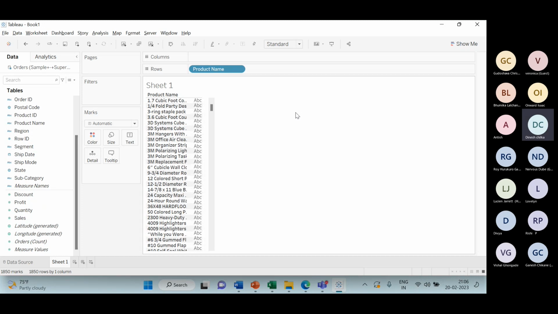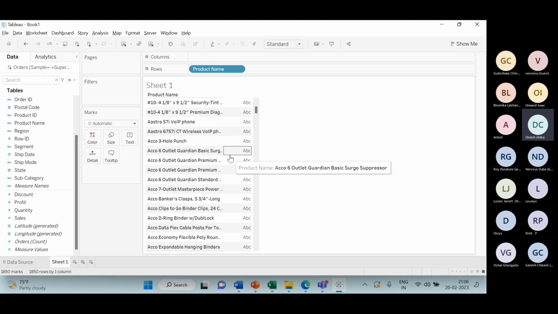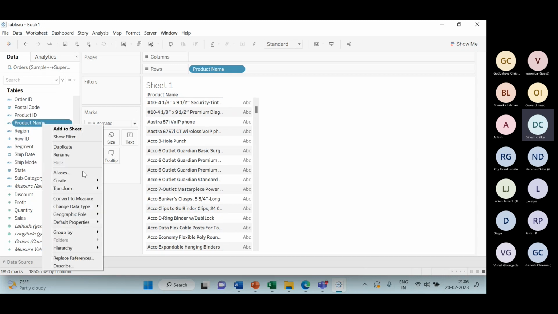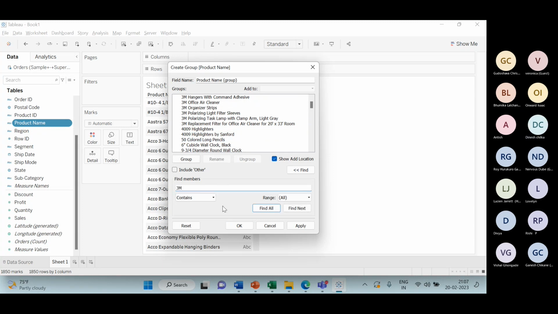So what I'm telling is about the product name. Whenever I want to create a group, I can create it with the help of the product name, create group. First you mention the group which you want. Like there is 3M, right? First mention 3, then M, contains, find all, then click on create a group,